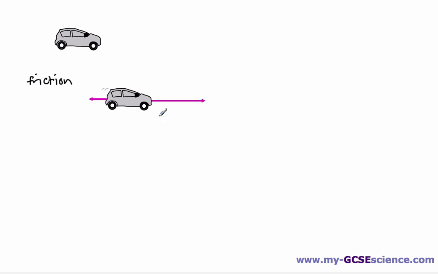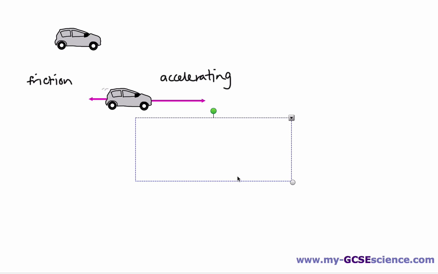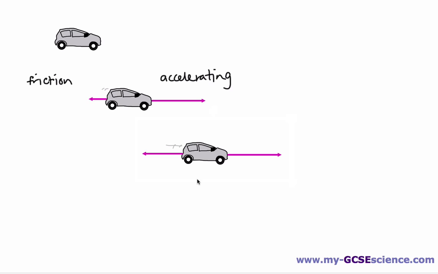Now you can see for this car, just like in our box, the force towards the right is bigger than the force towards the left, so this car is now accelerating towards the right. A little while later, what tends to happen as the car gets faster is that the friction forces become bigger. So air resistance